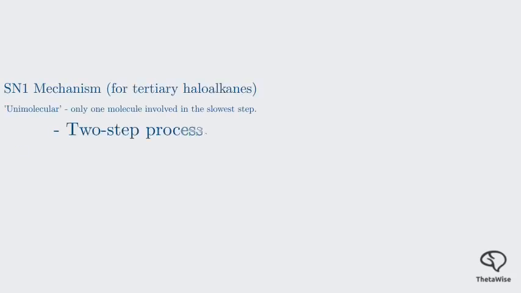Now let's examine the other main substitution mechanism, which occurs for tertiary haloalkanes. The objective is to understand the two-step process of the SN1 mechanism. Tertiary haloalkanes undergo the SN1 mechanism, which stands for unimolecular nucleophilic substitution. This happens in two distinct steps. The first step, which is the slowest and therefore the rate-determining step, is the heterolytic fission of the carbon-halogen bond. The bond breaks, with both electrons going to the more electronegative halogen, forming a stable halide ion, Br-, and a